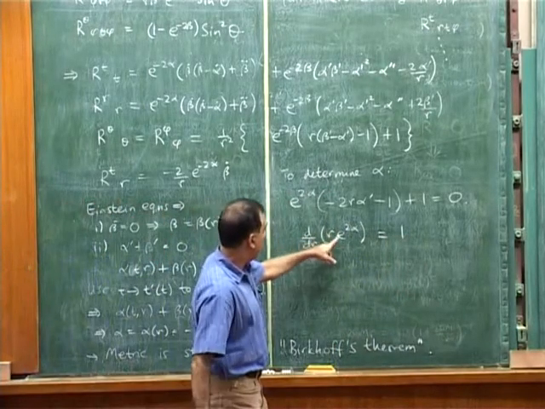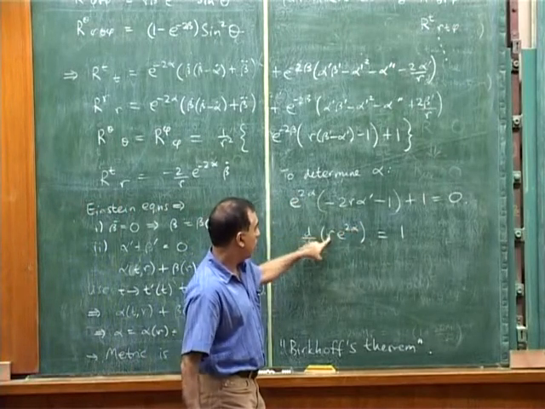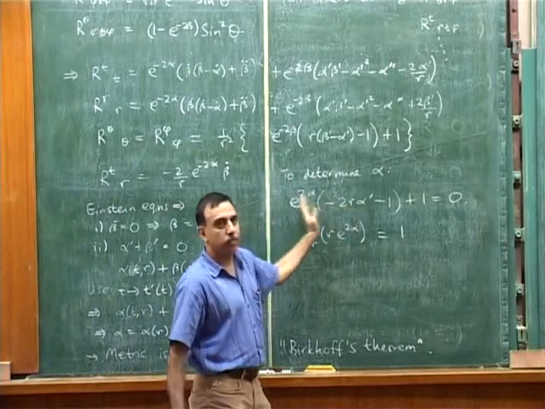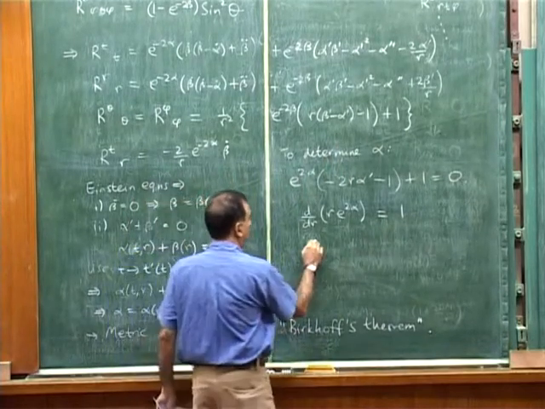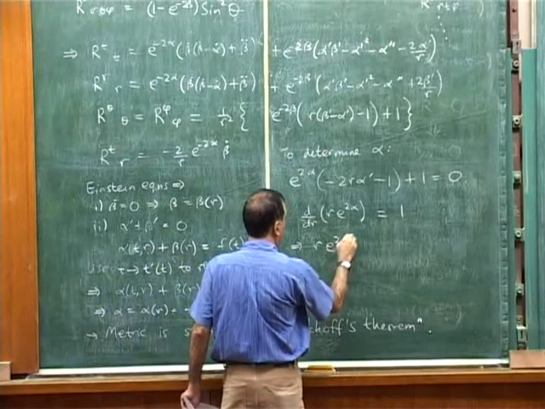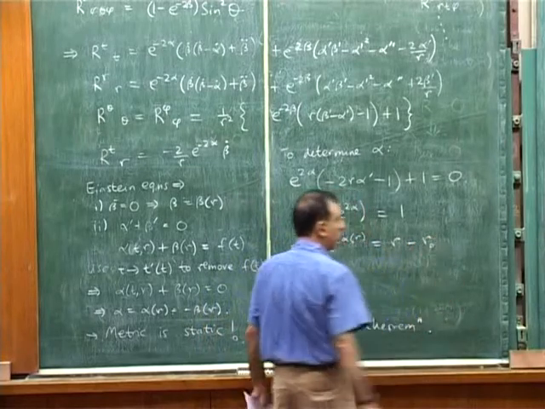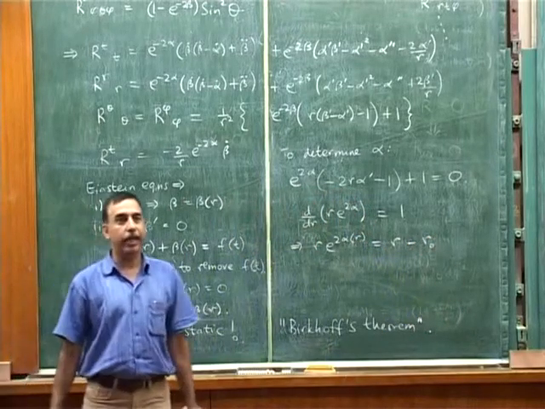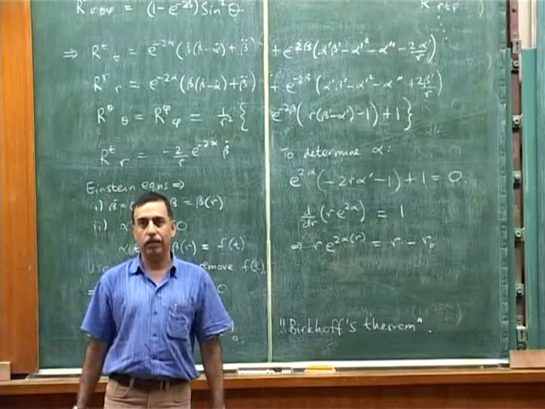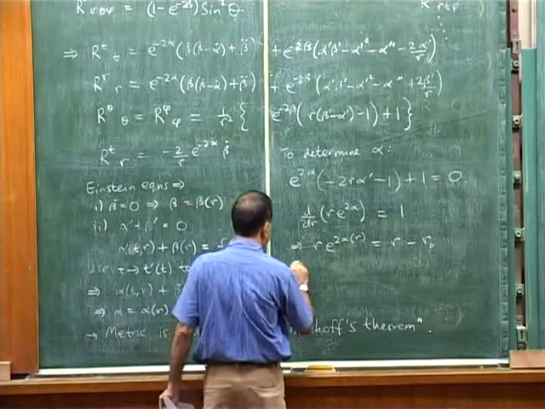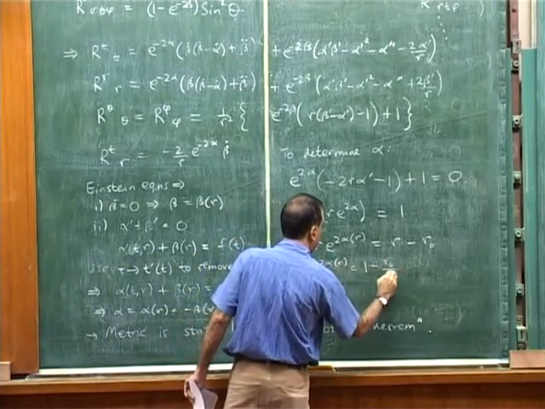Because if I differentiate in r, I get just e to the 2 alpha, which is that. If I differentiate the exponent, I get 2r alpha prime times the exponent, which is this term on the other side of it. So it's that simple. Now I can integrate it, and the solution is that r e to the 2 alpha of r is r plus a constant of integration, which I will call minus r naught. Again, I don't want to prejudice you that it's negative in value. That we'll fix later. I'm calling it minus r naught. We'll see what the sign of r naught is. Okay. This in turn tells me that e to the 2 alpha is 1 minus r naught upon r.